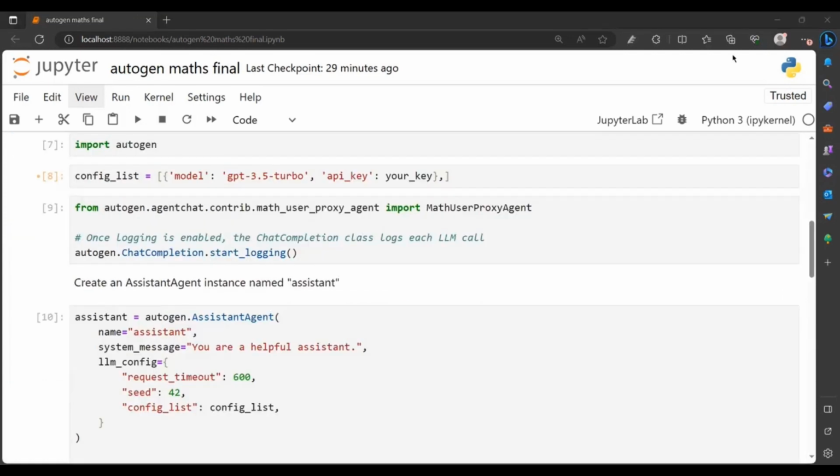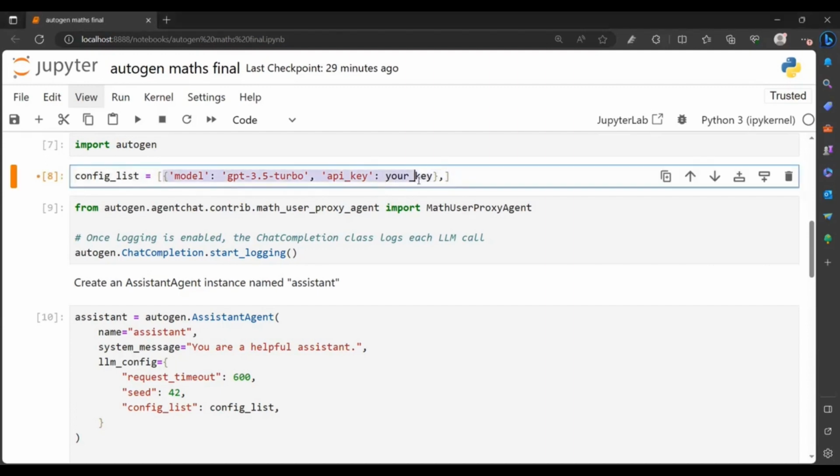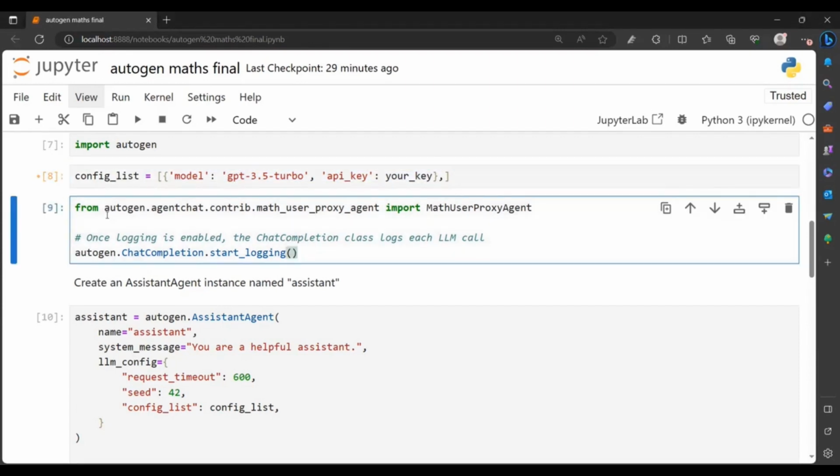Step 1, we import AutoGen, and then in config_list, which has to be given as a list, we specify as a dictionary the model that we're going to use and the API key. And then from